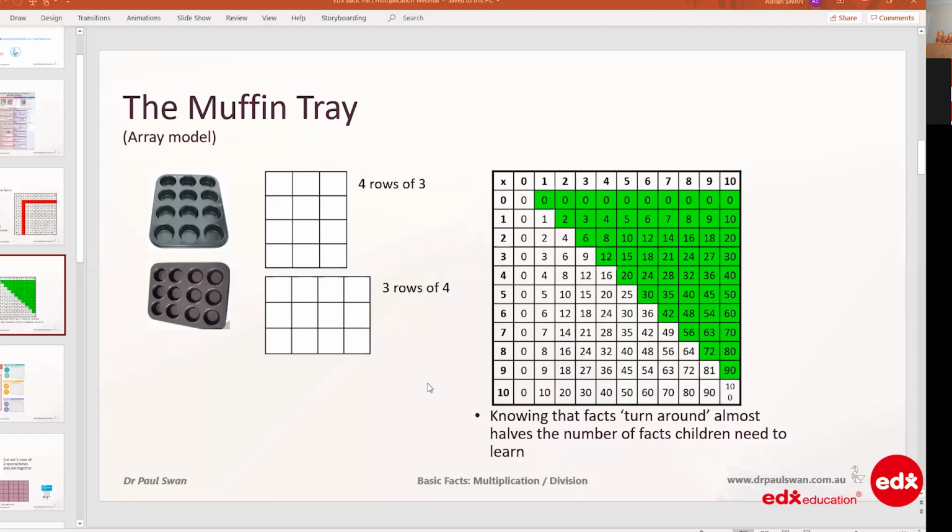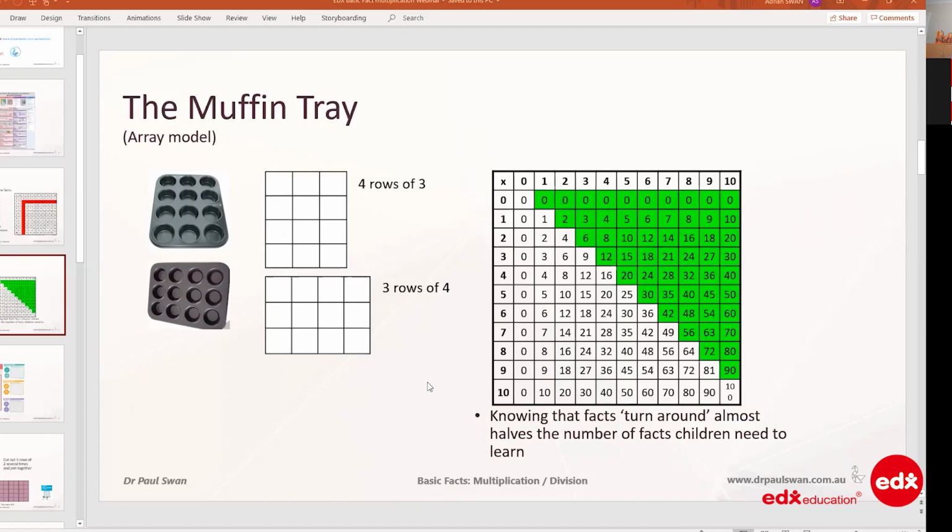If you get this idea, so this one happens to be 4 rows of 3 and 3 rows of 4, once we get that idea, you can start to see, wow, all those green facts are repeated on the other side. It almost halves the number of facts we've got. So before we sort of launch into a lot of this, already the children know the 0 times facts, the multiply by 1 facts, and if we can get this turnaround idea, it starts to make the job of learning